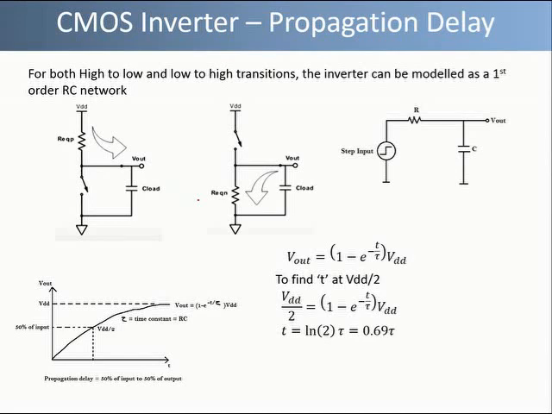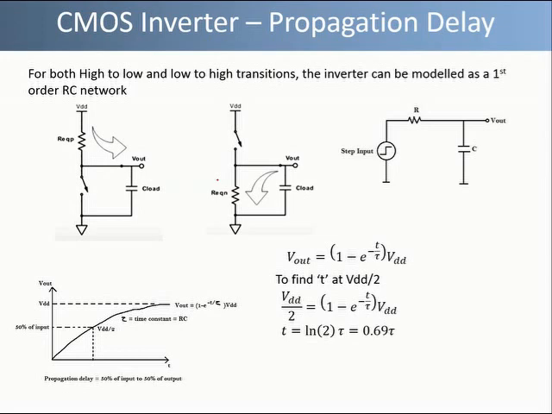Now, in order to evaluate the high to low and low to high propagation delays of inverter, let us again refer to its switch model. As you can see, each transistor is replaced by a switch along with its equivalent resistance. When the input is low, the PMOS transistor conducts, whereas the NMOS transistor is open. Load capacitance at the output is charged to VDD by the equivalent resistance of PMOS. Similarly, when the input is logic high, the PMOS transistor is switched off, whereas the NMOS transistor is switched on. Therefore, the load capacitance at the output node is discharged to ground through the equivalent resistance of NMOS transistor.